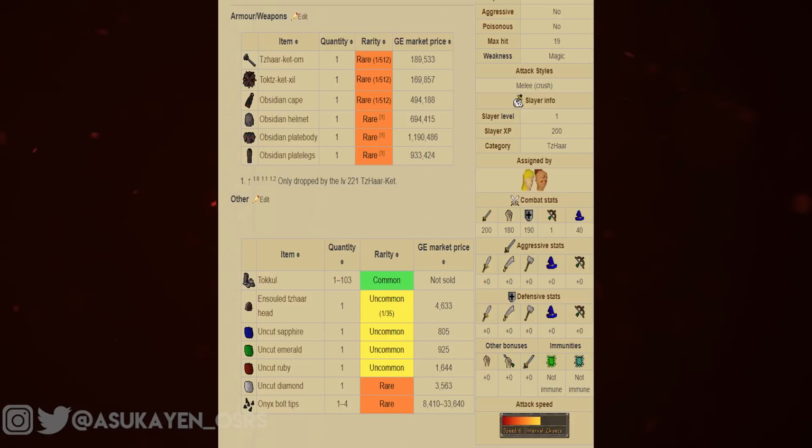Now the drop rate for the armor isn't actually listed, but based on the other obsidian drops, they're most likely also going to be a drop rate of 1 in 512. Combining all of these odds together, you're looking at a total drop rate of one of these items about 1 in 85 kills. So the odds aren't really too bad, it'll just take a bit of luck to get the